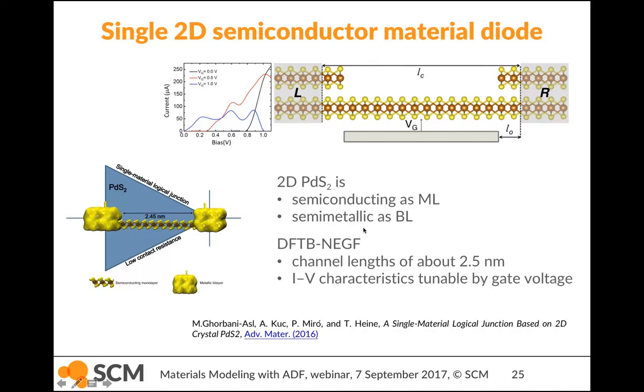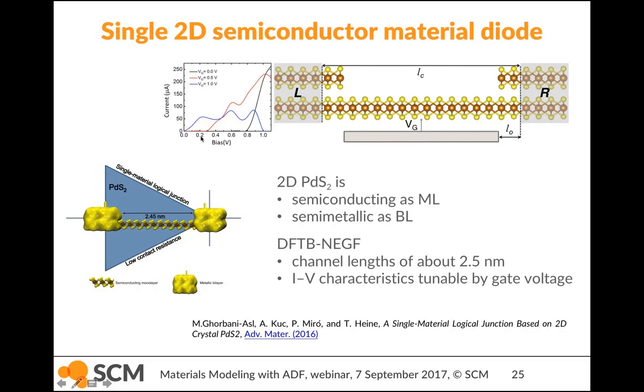So it has a zero band gap with a very low density of states. Whereas if it's a monolayer, it's semi-conducting. So you can think of a setup where you have first a bilayer, then a monolayer, and then a bilayer again, then you can imagine if you apply a gate voltage, then you can use this as a diode material. And so in this paper here, they demonstrate that using DFTB and NEGF in the ADF Modeling Suite,